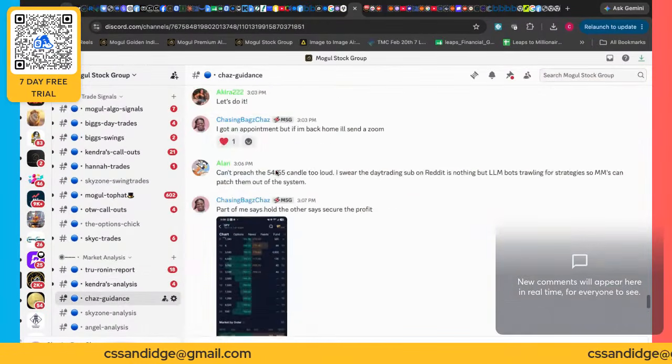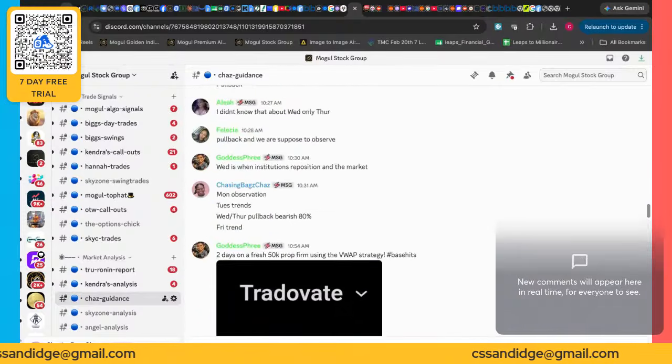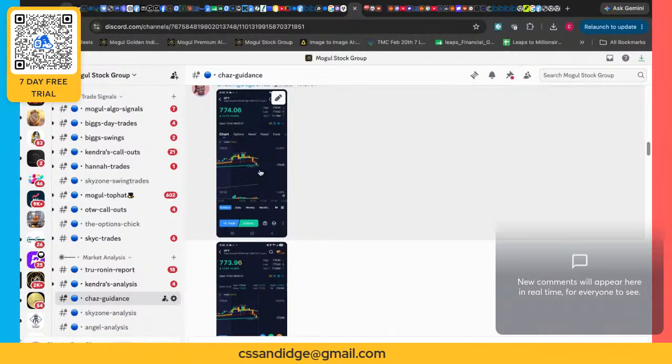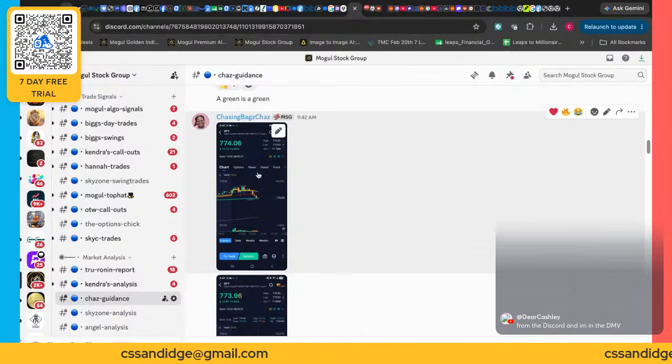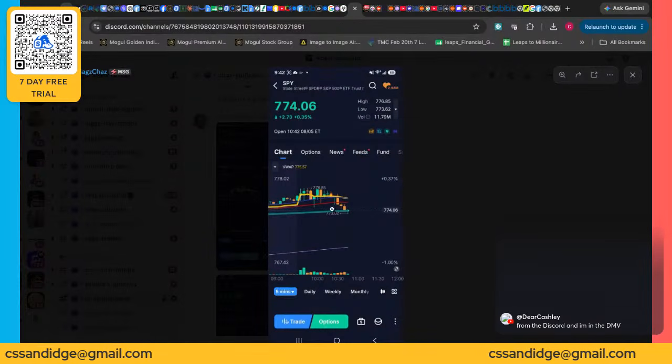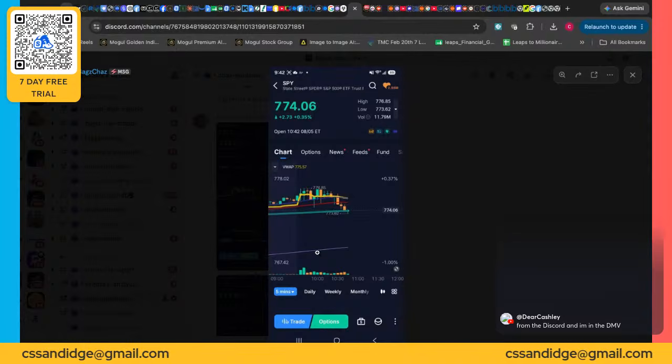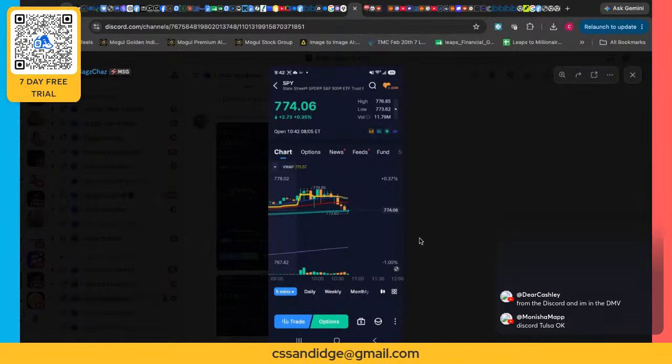So if you didn't catch the morning play, you were a little late because you tried to get it after. And sorry for you, it just wasn't there anymore. So you can see here at 9:42, I'm showing them where we're getting to. The goal line is my VWAP. This is my 50. This is my 200, the green line. And this nice little lilac purple line is my 400 MA.